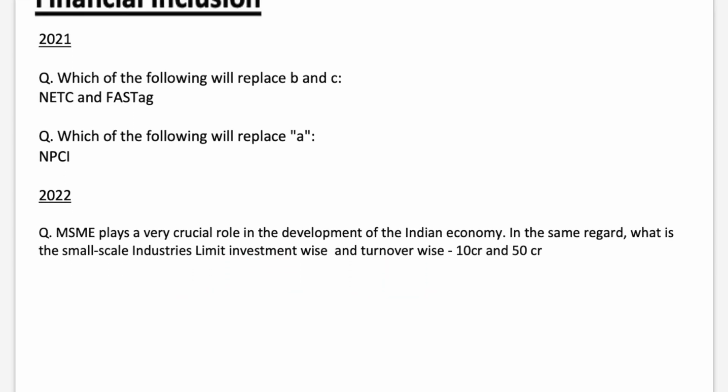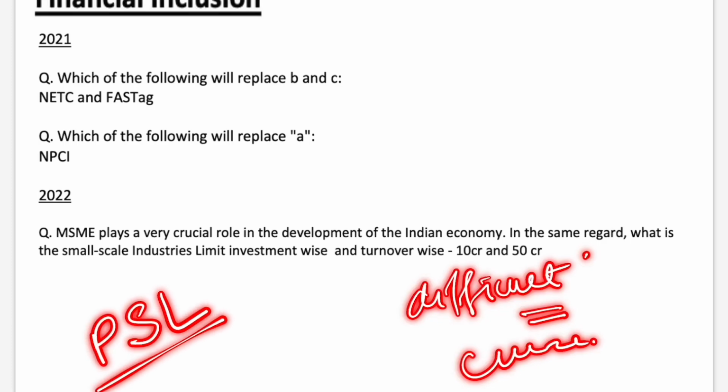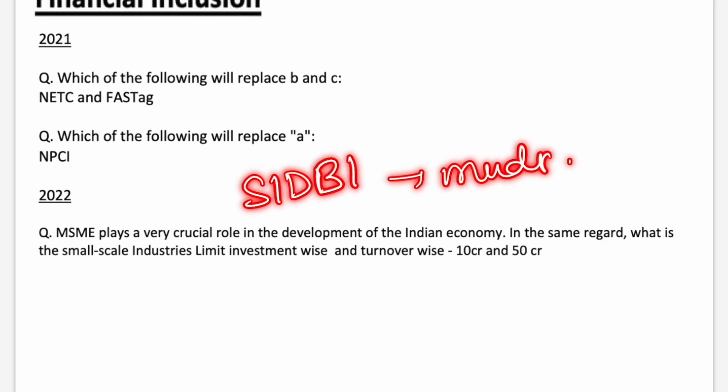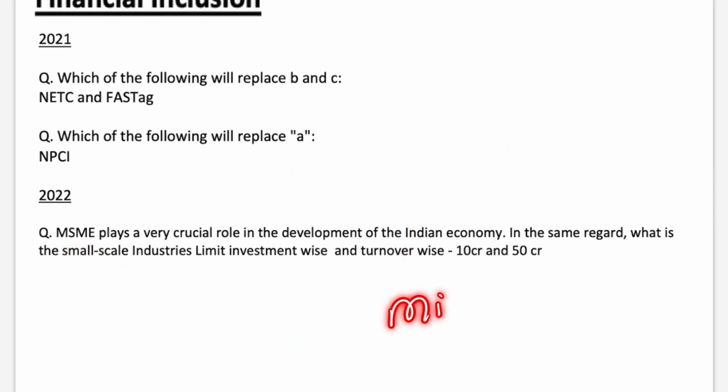People will say थोड़ा डिफिकल्ट क्वेश्चन है, और ये आउट ऑफ द बॉक्स क्वेश्चन है, but I tell you it's not from current affairs. If you would have read the PSL lending norms, like the priority sector lending norms, you would have come across the MSMEs. Because when you are reading the static, you will come across SIDBI. If you are coming across SIDBI, you will come across Mudra. If you are coming across Mudra, then you have to read about MSMEs. Then you will read about micro, small, medium enterprises too, and their investment and the turnover. So yeah, it was kind of a static question. You just have to give your 100% to static.